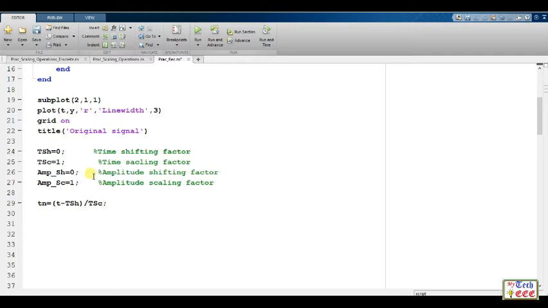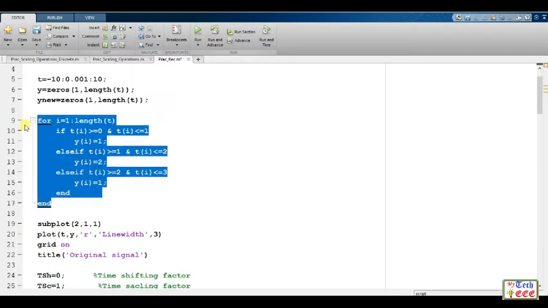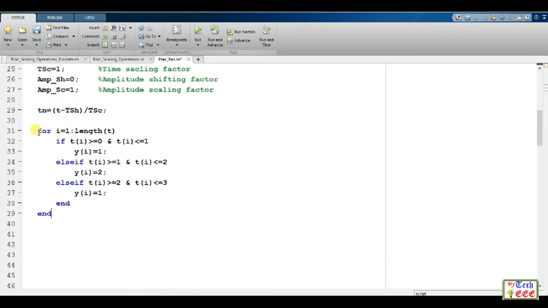Now let's transform the signals for the new time vector. We'll make use of the same signal which we have already generated and just copy paste here. For the time signal we have to replace every time instant with the new time, so replace t with tn, and also the corresponding limits have to be transformed into the new axis.